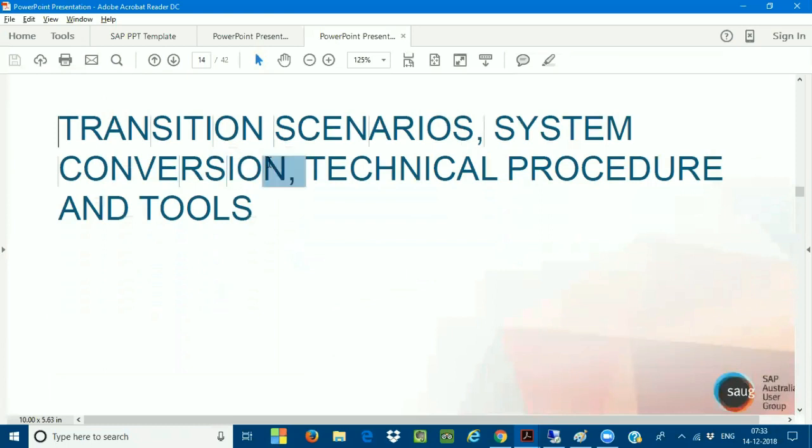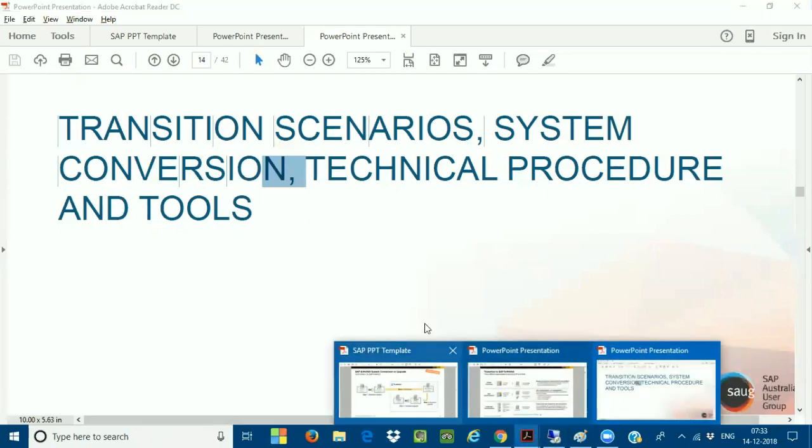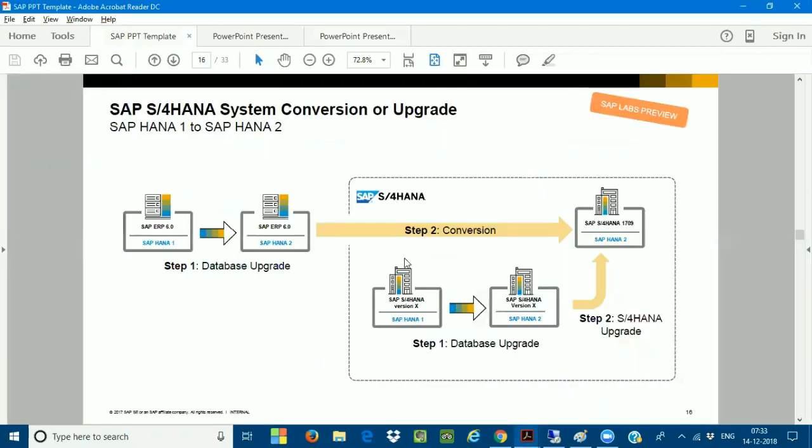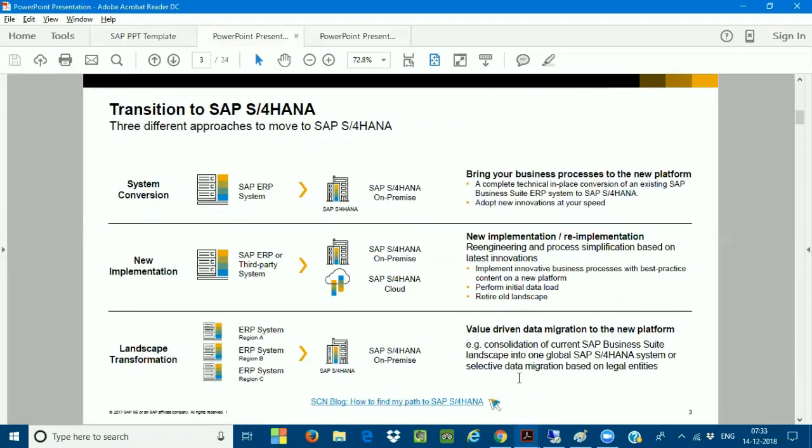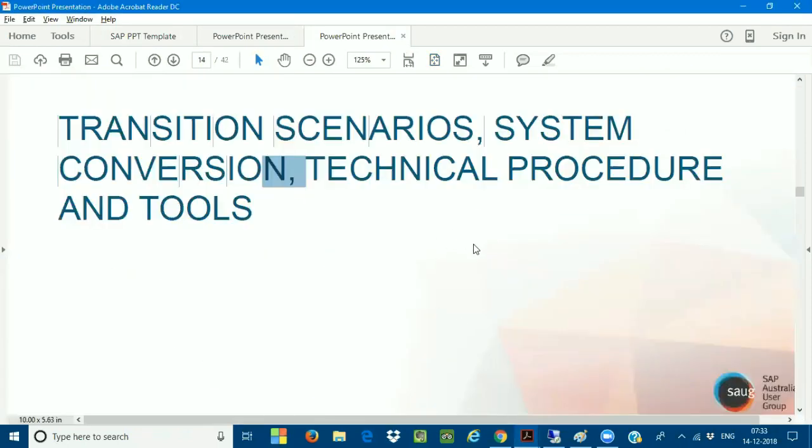So this is what Fiori is, and in tomorrow's class, actually, I'm planning to take something very important. This is not in your course curriculum, but I'm going to take these classes. What are the various transition scenarios we are going to see in SAP S/4HANA? If I'm a customer and I want to go with SAP S/4HANA, what transition scenario are you going to provide to me? I brought many documents for all of you when I attended SAP TechEd in different countries, so I brought many upgrade materials and documents. I want to share all this information with all of you.